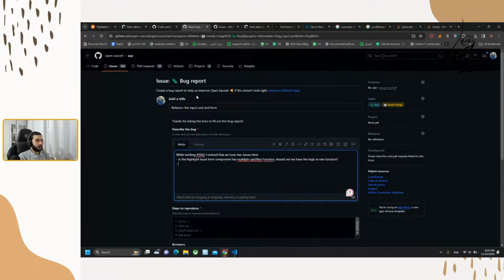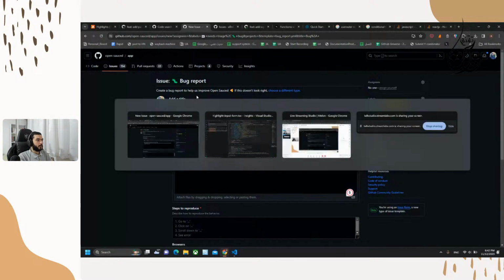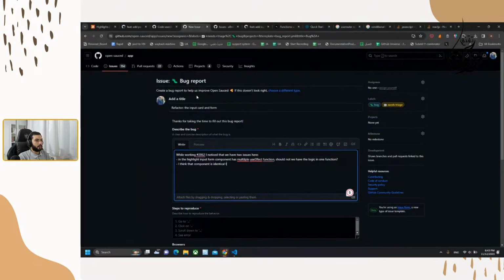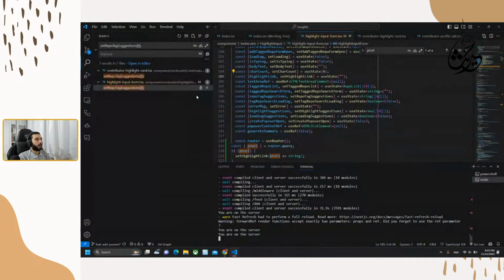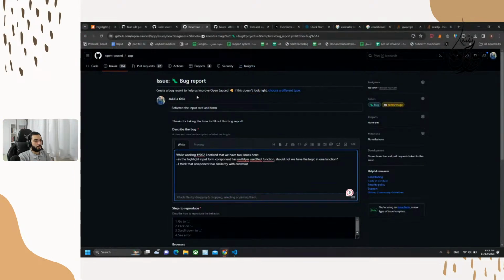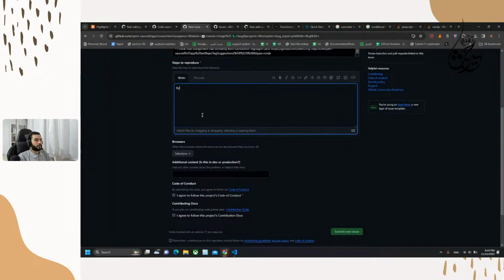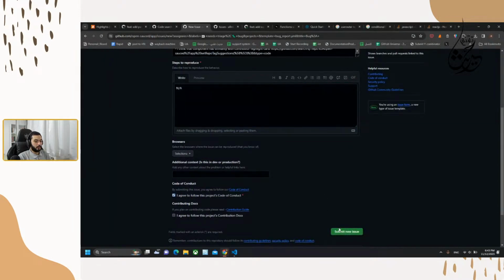And then the second part is that I think that component is identical to, or let's say has similarity with, contributor highlight card. We don't have anything reckless here, and we just submit the issue.